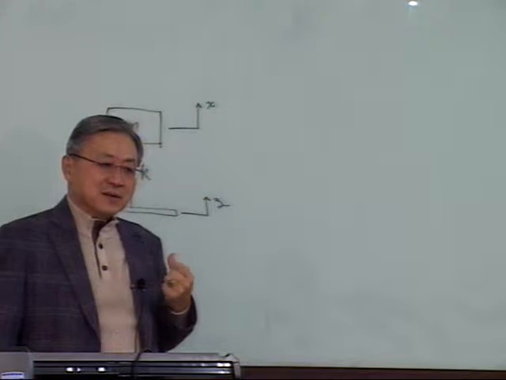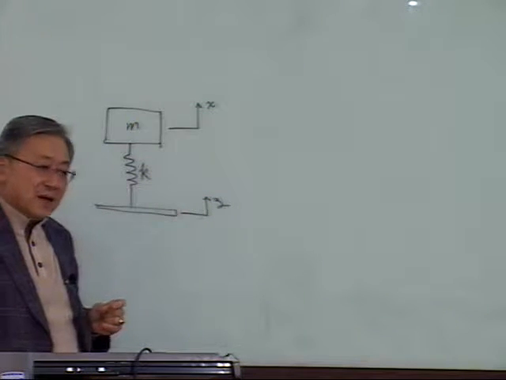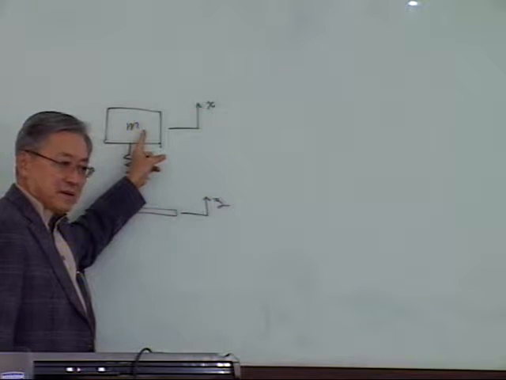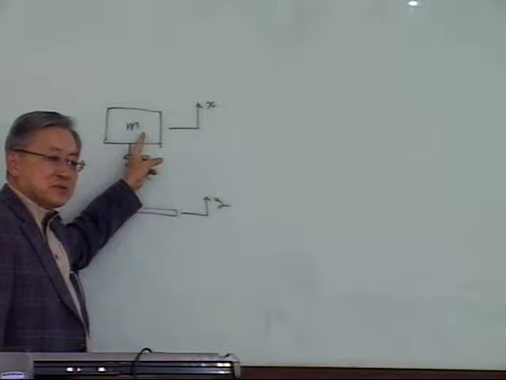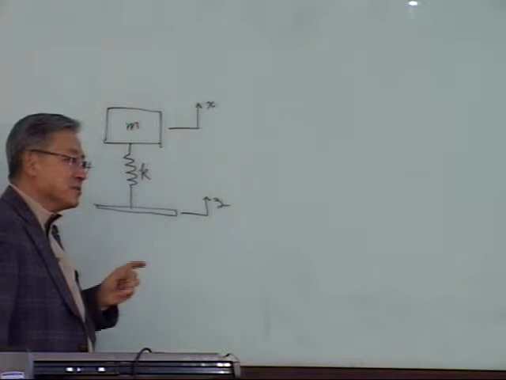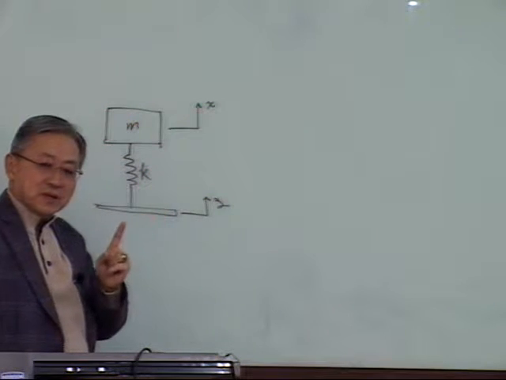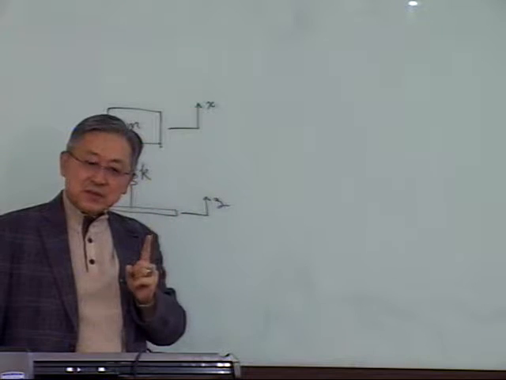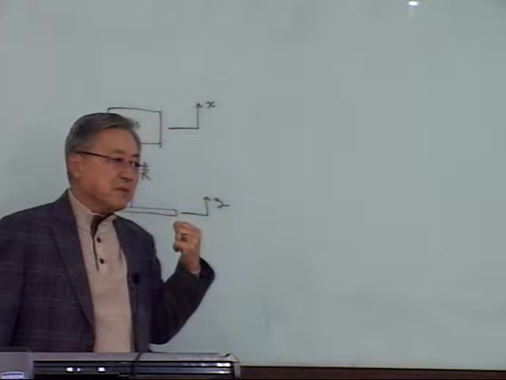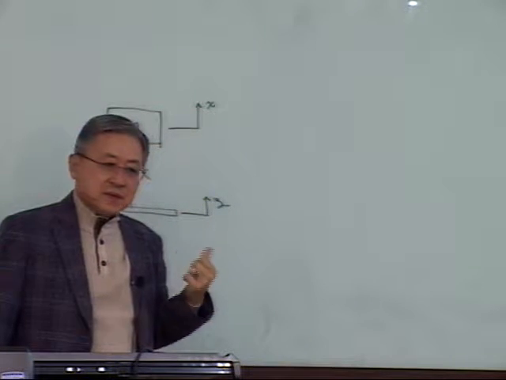Why? Well, the direction of motion is up and down, right? And this doesn't matter. The mass is what matters. The motion of mass m allowed to move is in the vertical direction. So the mass has only one direction, that particular degree of freedom. So this is a very simple single degree of freedom system